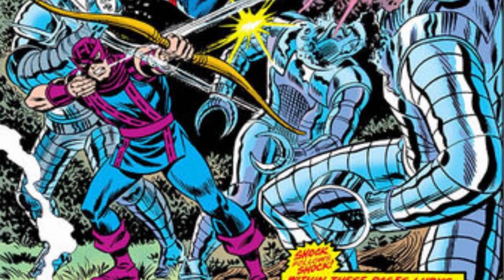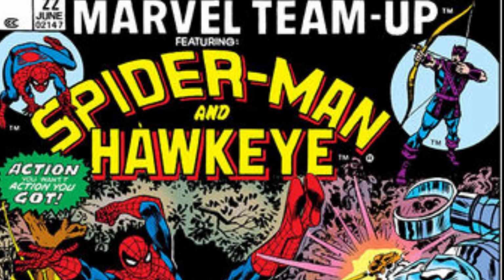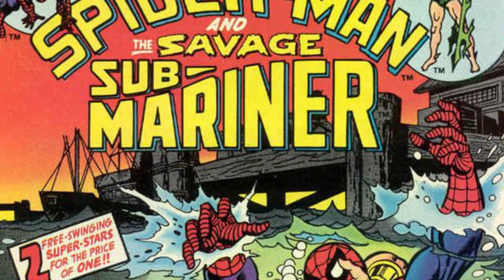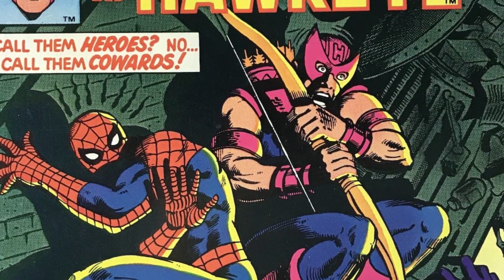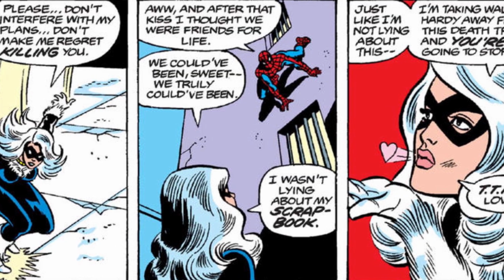In regards to the link between these heroes, it appears that Marvel started publishing a series known as Marvel Team-Ups in 1972. Which obviously revolved around 2 of their heroes teaming. There were 150 of these comic books published, and Spider-Man was featured as one of the 2 heroes in all but 10 of these issues, thus meaning he had a history of teaming with all these characters prior to the